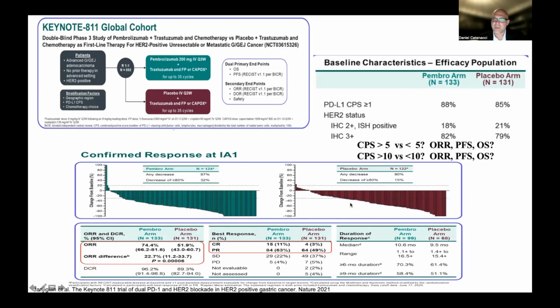Something of interest that we don't know yet is what are the incidence rates of the higher cutoffs of PD-L1, CPS 5 or CPS 10, and what are their response rates in each of these subgroups. And of course, we don't know the progression-free survival or overall survival yet in any of the subgroups, because this is just the first look, just looking at response rate. Of note, the median duration of response is only a little bit higher in the pembrolizumab compared to the control arm. And so even though patients are having a deeper response, maybe it doesn't seem to be lasting much longer